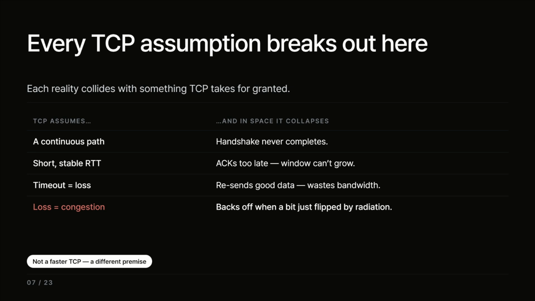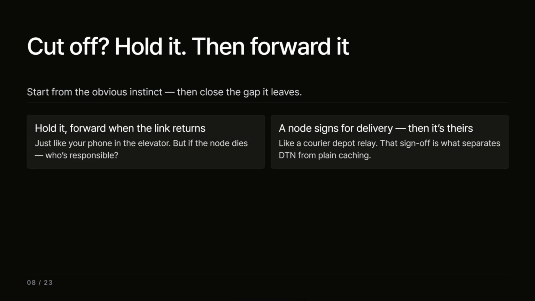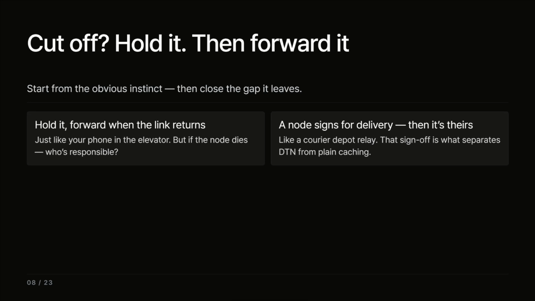The takeaway is not that TCP needs to be improved. The problem is that its underlying assumptions no longer match the space environment. So instead of modifying TCP, we came up with DTN, and DTN starts from a different premise altogether. The different premise begins with a surprisingly simple idea: like I said before, if communication is unavailable, don't discard the data, keep it, and